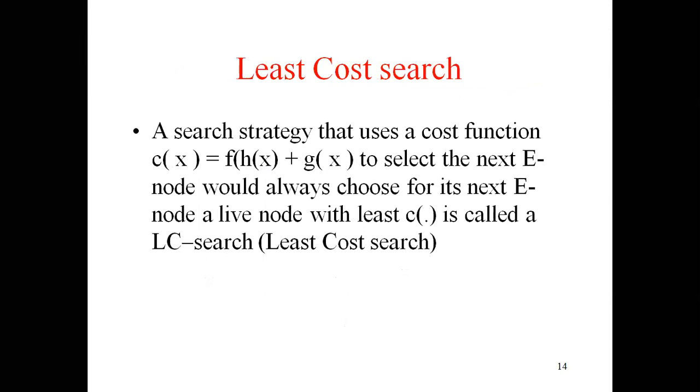Then one of y's children will become the E-node. Next, one of y's grandchildren will become the E-node, and so on. So nodes in subtrees other than subtree x will not get generated until subtree x is fully searched. This would not be a cause for concern if g(x) were the true cost of x, as then we would not wish to explore the remaining subtrees in any case.